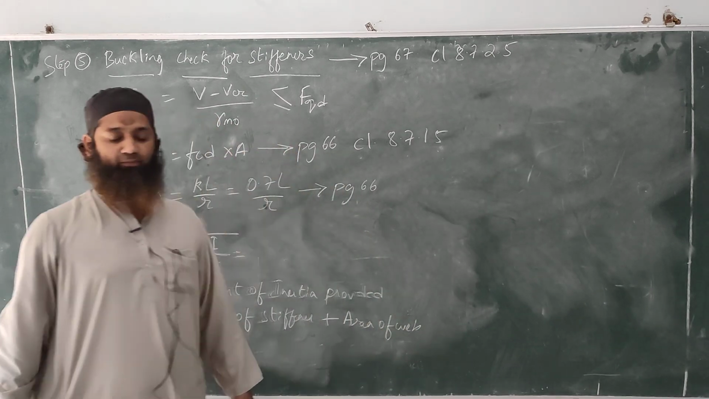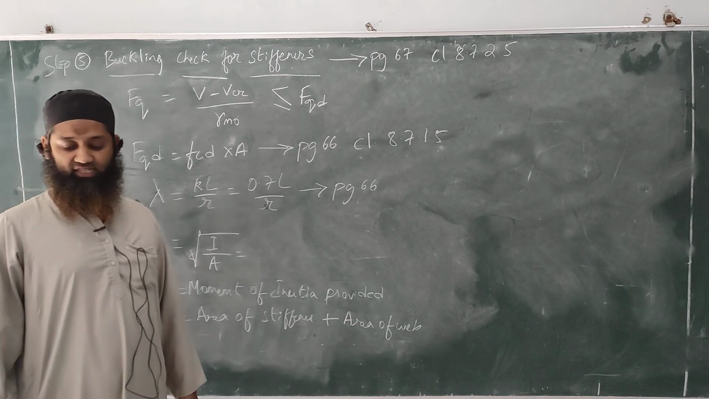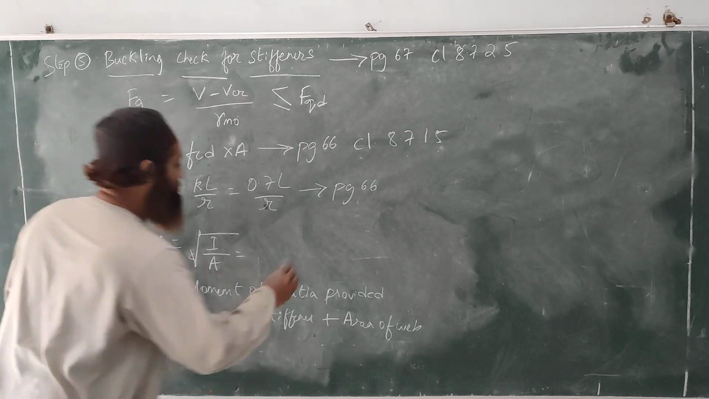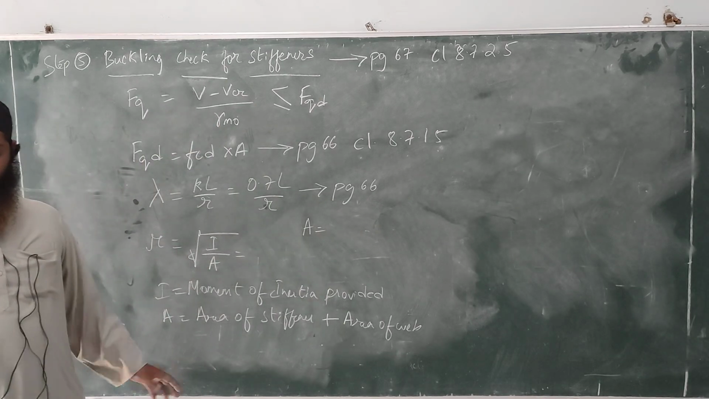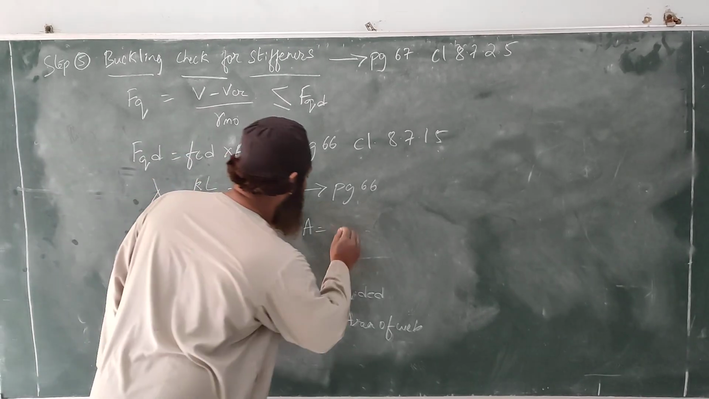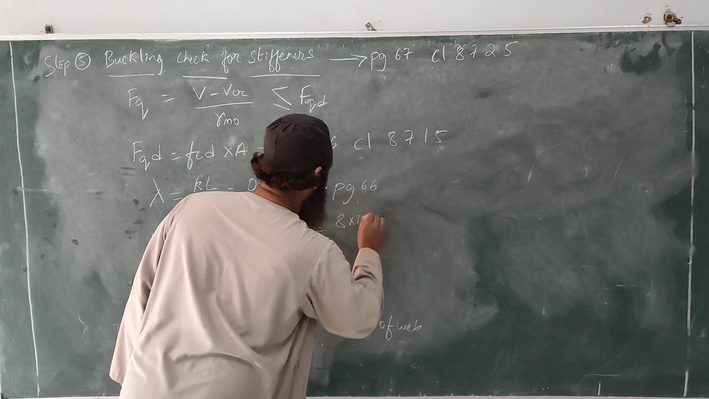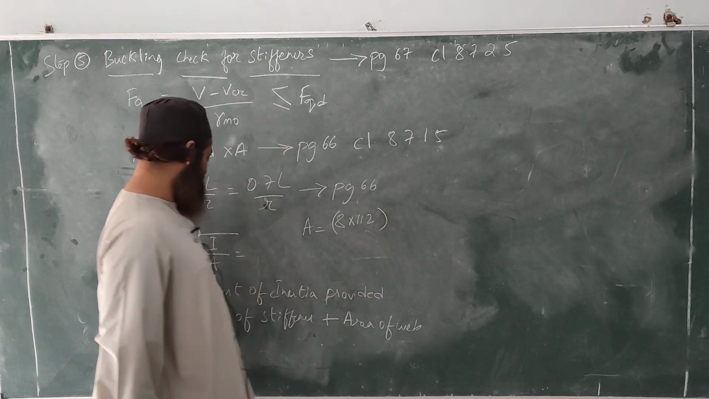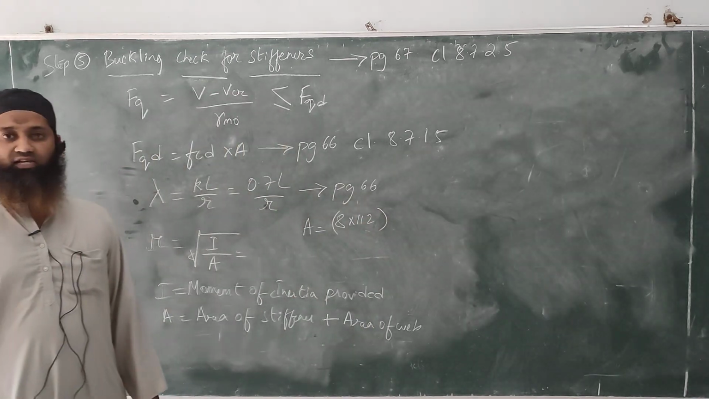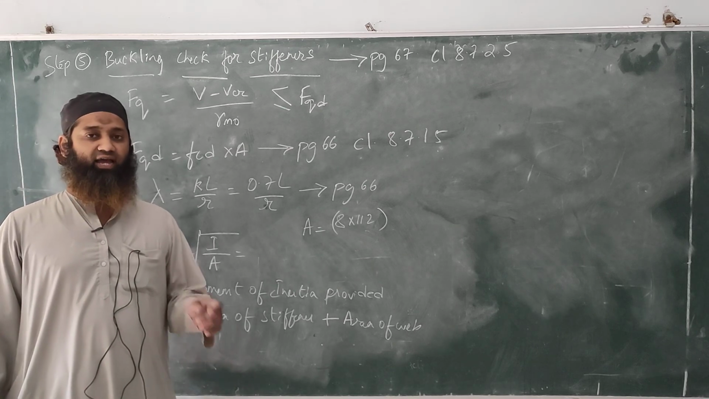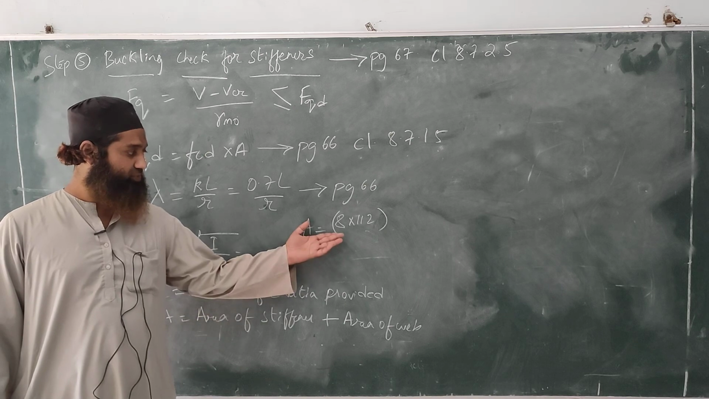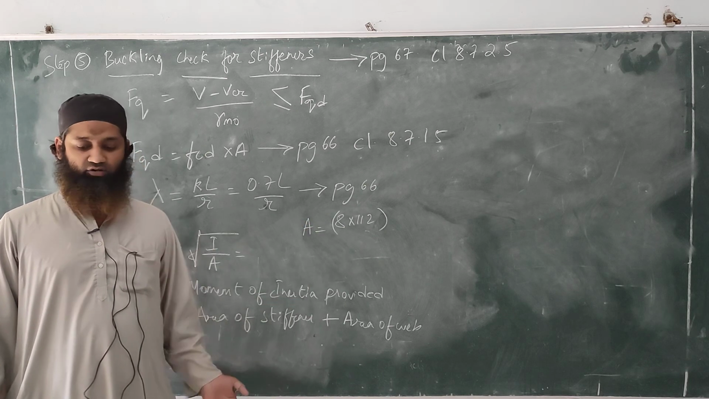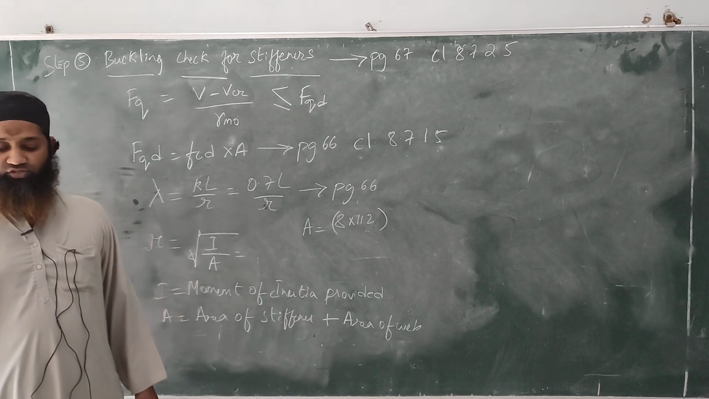Area of stiffener plus area of web, we'll just calculate it here. So A is equal to the area of stiffener, that will be 8 into 112. This is the area of the stiffener, as we had adopted the stiffener as 8 mm and the outstand we had got as 112. I've just substituted it here, 8 into 112, plus now we'll have to see what is the area of the